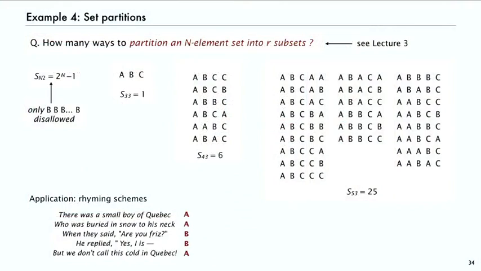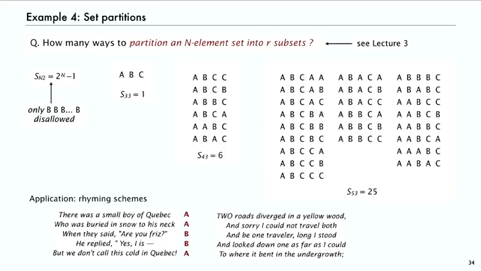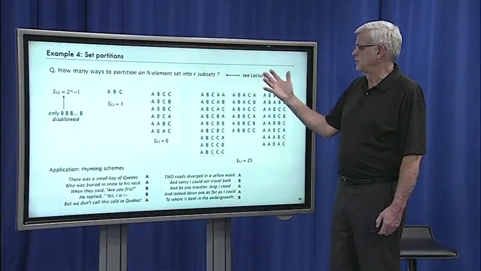So you start by putting the first line in set A, and anybody that rhymes with that goes into set A. And the first one that doesn't rhyme goes into set B, and so forth. And so there's a correspondence between partitioning an n-element set into R subsets and different rhyming schemes. And there are many other applications of this. So how do we do the